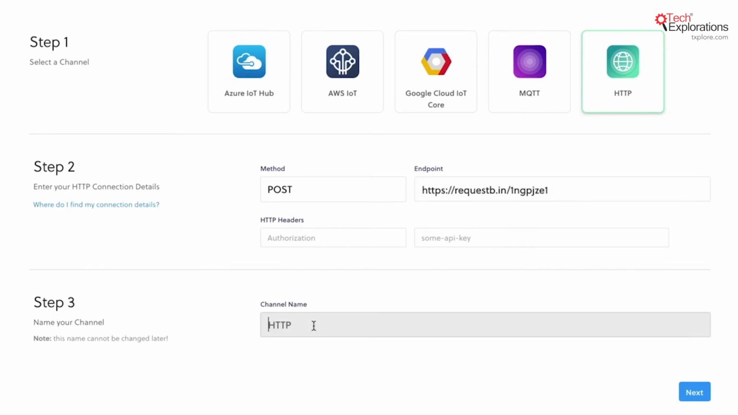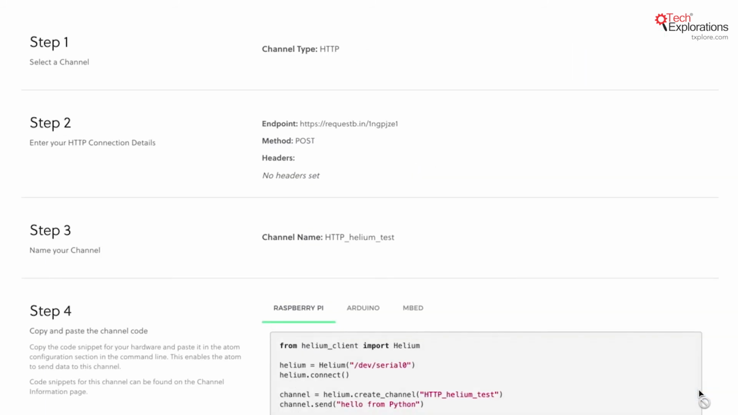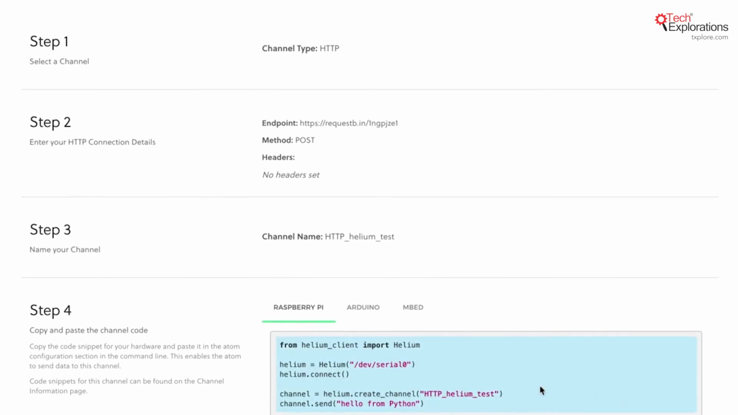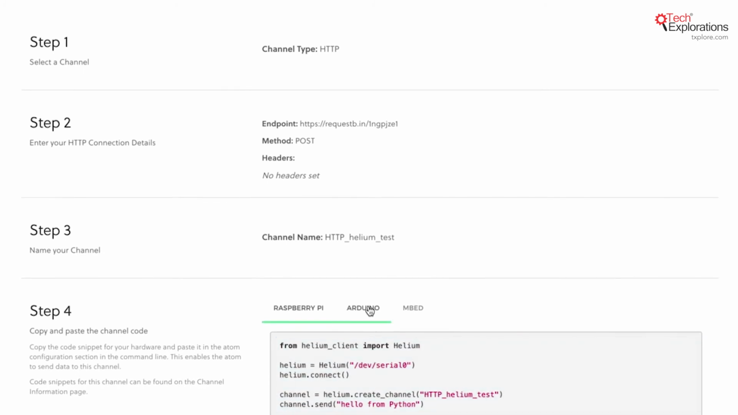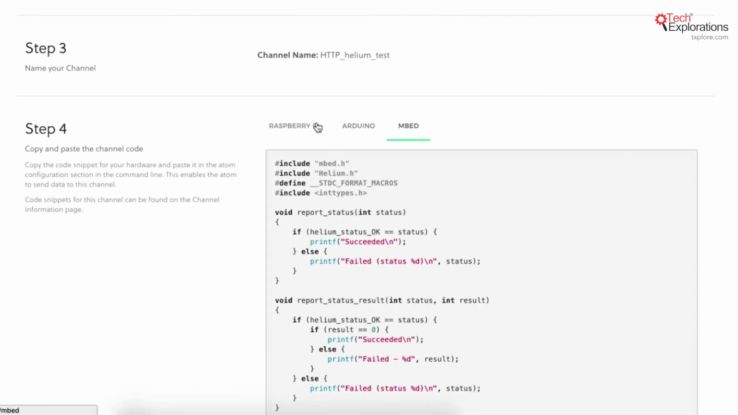I'm going to give a name to my channel. I'm going to call it HTTP Helium Test. That should do it. That will create the new channel, and you can see that in step 4 the dashboard gives you examples of code